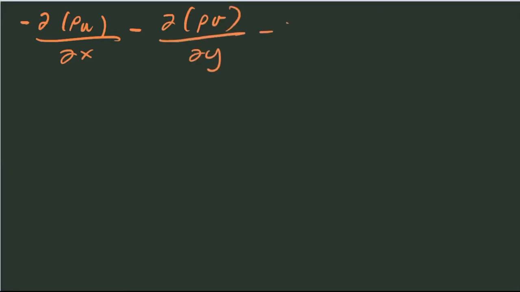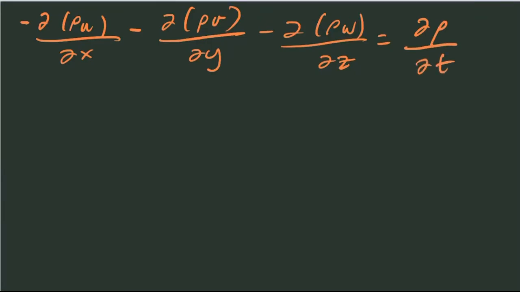Simplifying this equation, we are left with negative change in rho u over change in x minus change in rho v over change in y minus change in rho w over change in z is equal to change in rho with respect to time. And this gives you